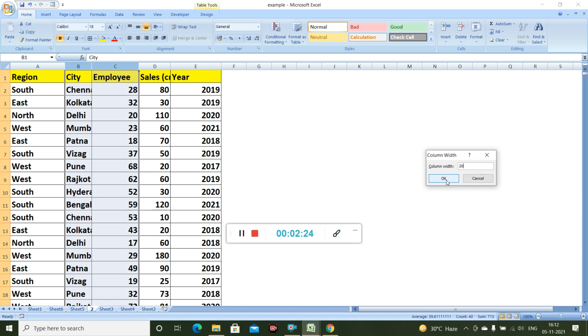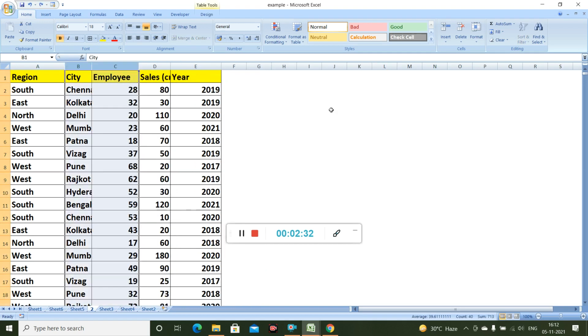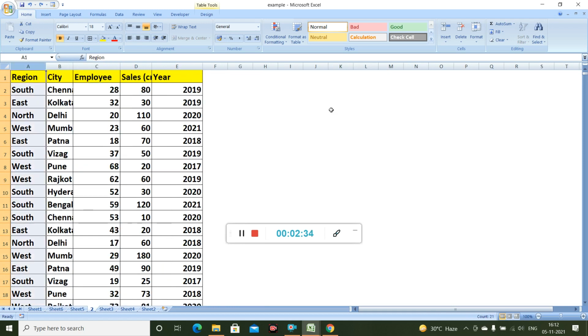You can see the column width has changed for the second and third columns. So once again, the first method is to select the column or columns, right click, go to Column Width and change it from there. The second method is to select the column or columns, go to the Home tab, and on the right side I will find Format, which is this option, and from there I will change the column width.